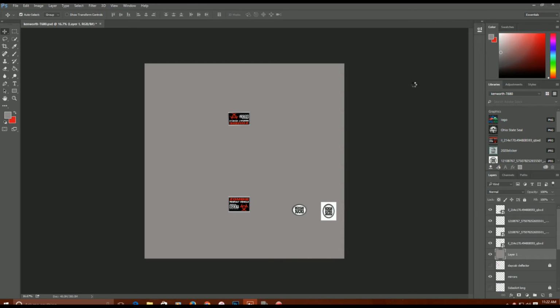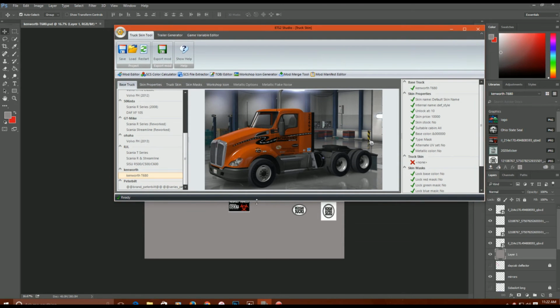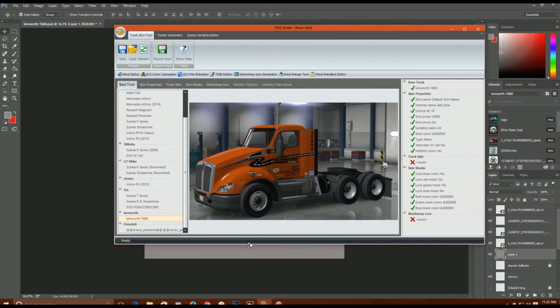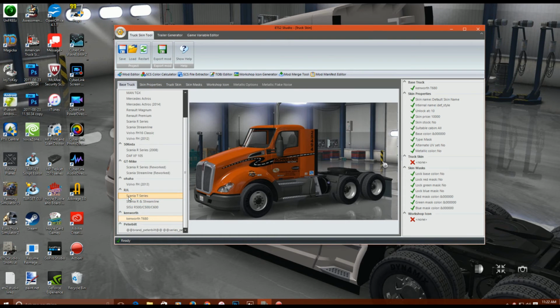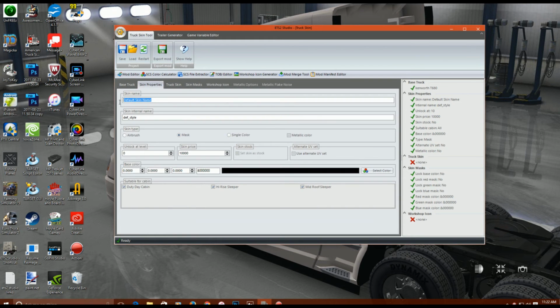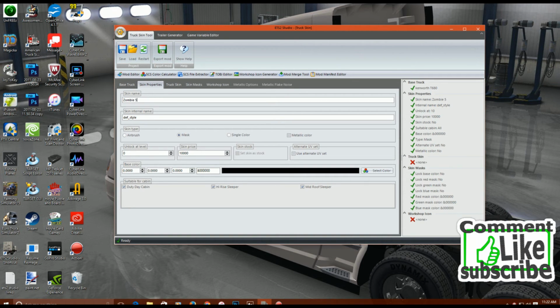And as soon as this closes down, we can go ahead and open up ETS2 Studio. There we go. It's all saved. So we're going to go to Kenworth again. We're going to go to Skin Properties, and we're going to type in the default skin name. You know what we have? Zombie 5, right? Skin internal name. I do it like this. Cannot be capitalized, by the way. I put Z5_